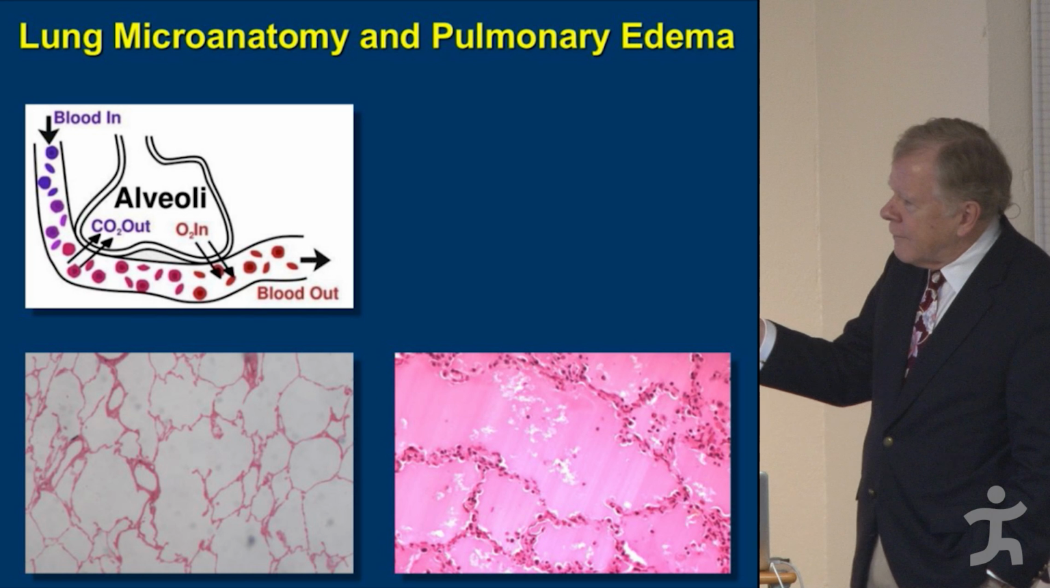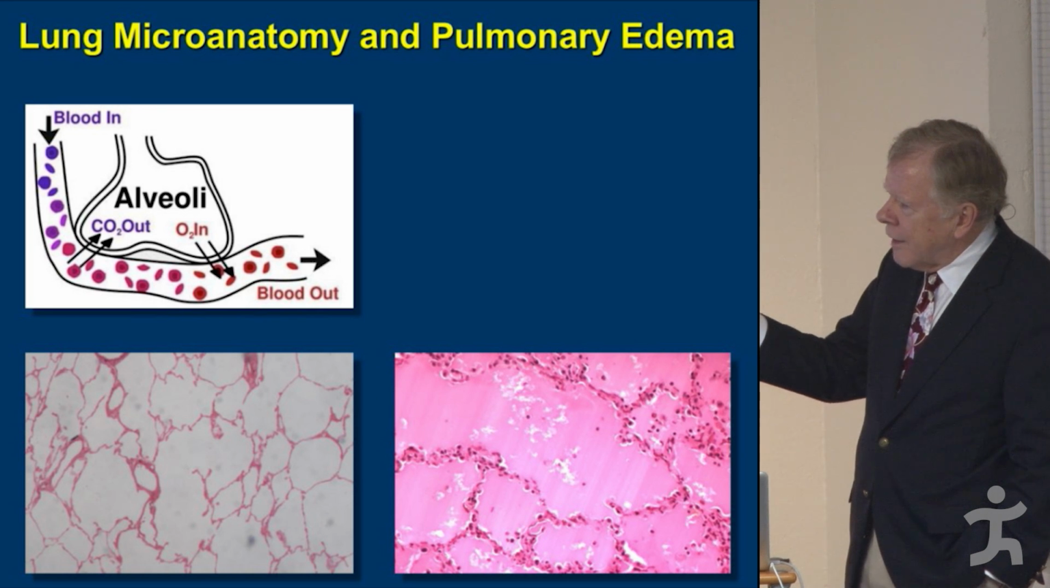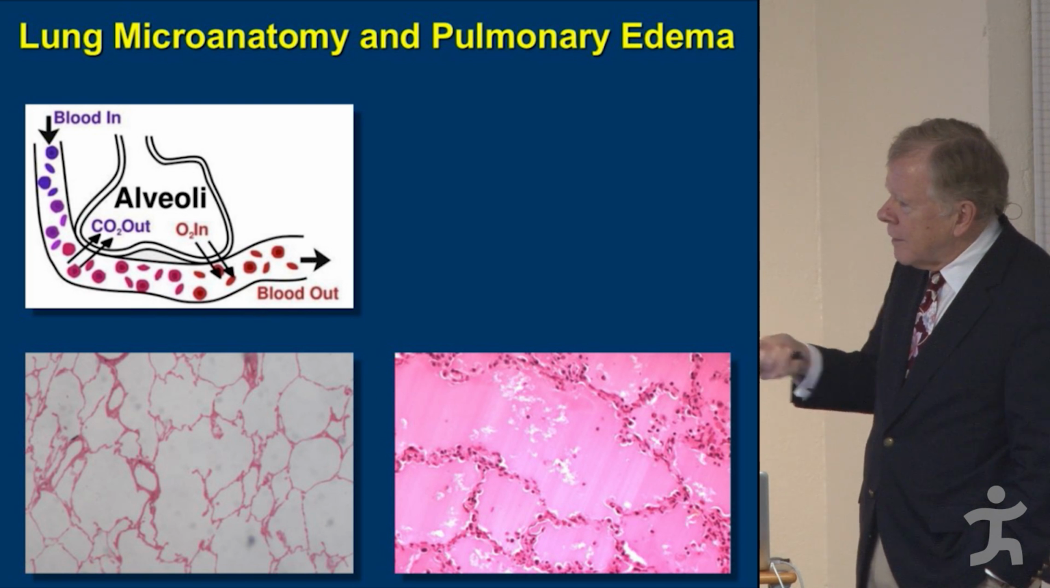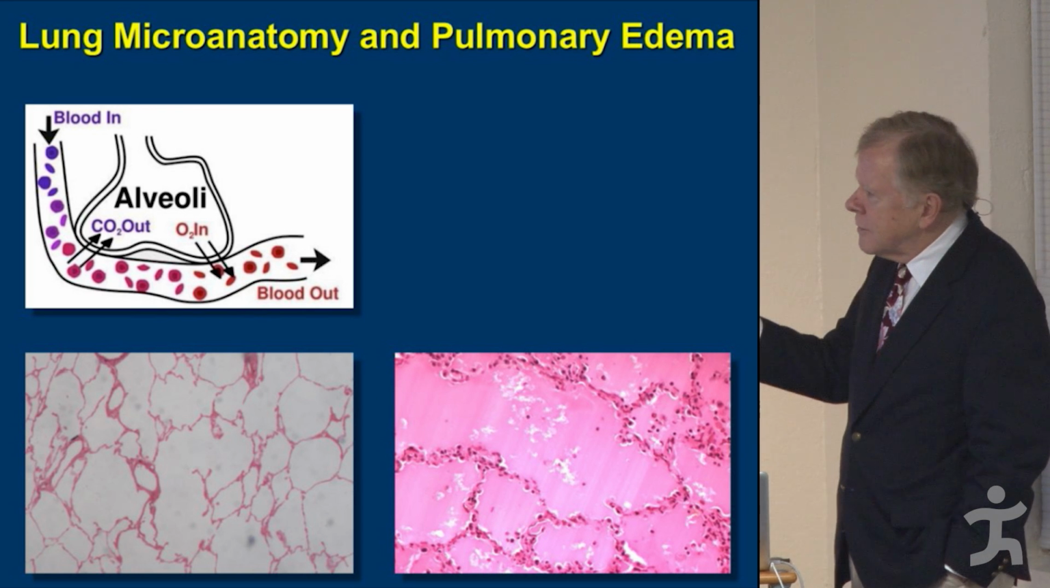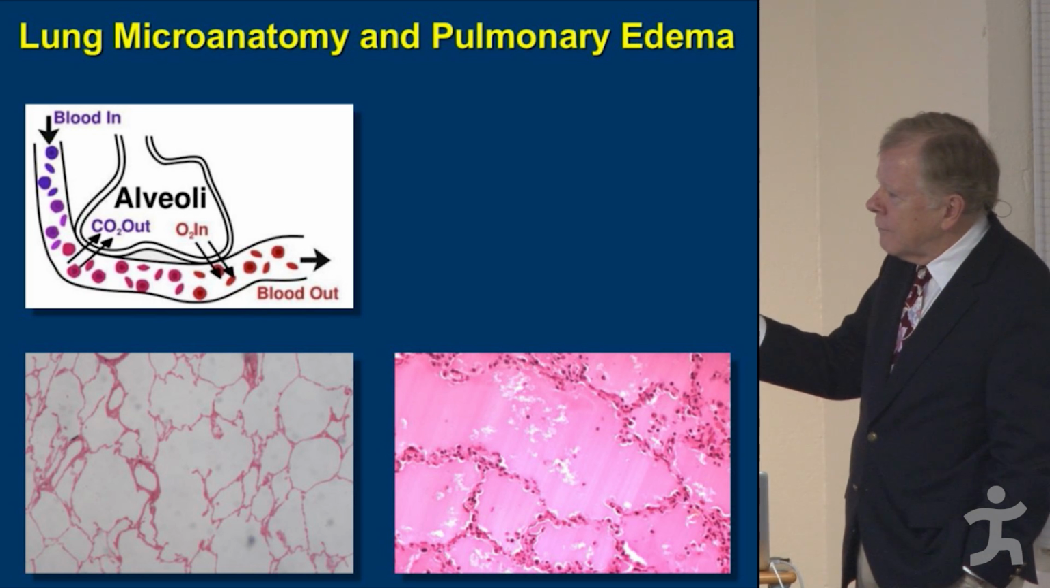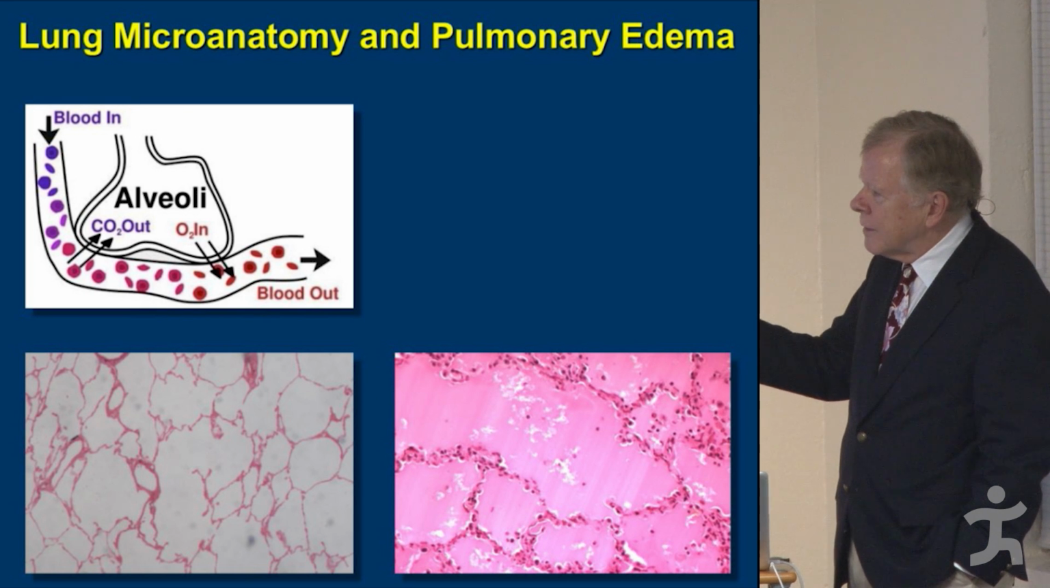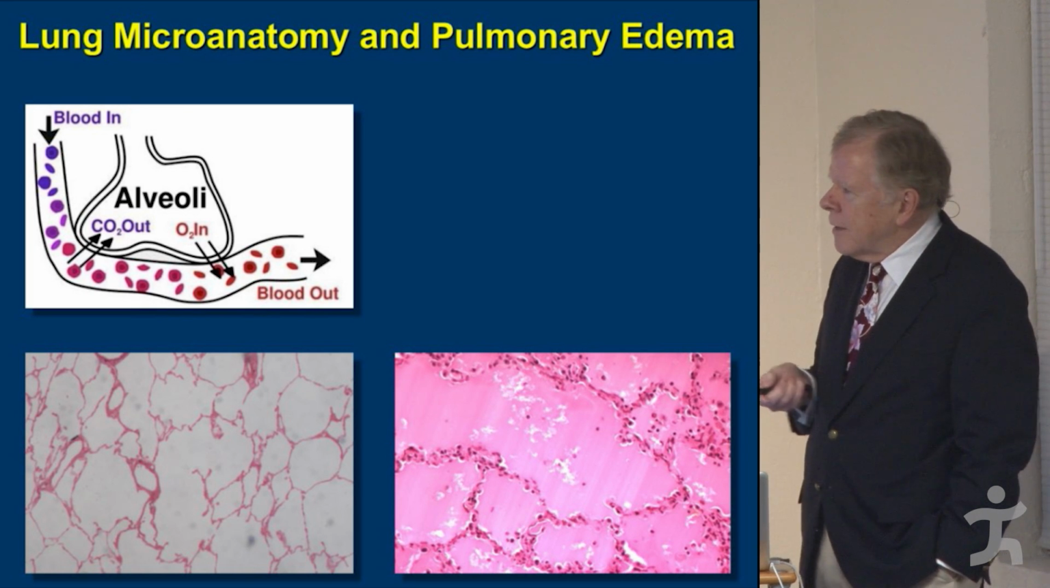Now, an actual photograph of what it really looks like is in the lower left. So these areas here, this is the alveolus, this is this thing right here, and at the corners of these alveoli are blood vessels, and this is a completely normal lung. The lower right shows what happens in pulmonary edema. These alveoli are now full of fluid. It's like drowning, essentially, because